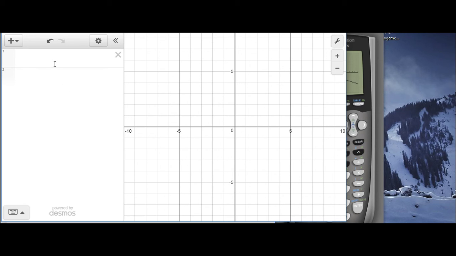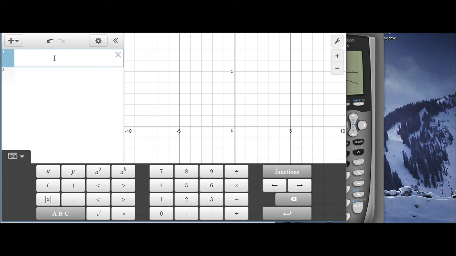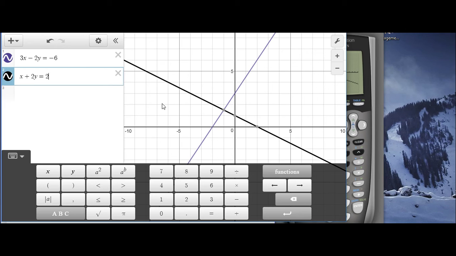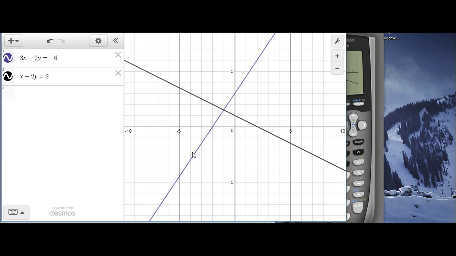So I can just go to the first box and type in 3x minus 2y equals negative 6, and it graphs the line. And click on the second box and do x plus 2y equals 2 to get the other line. And if I click in the graph area, I can see my system. And if I click on the point of intersection,